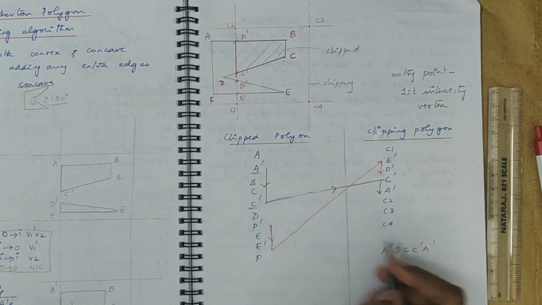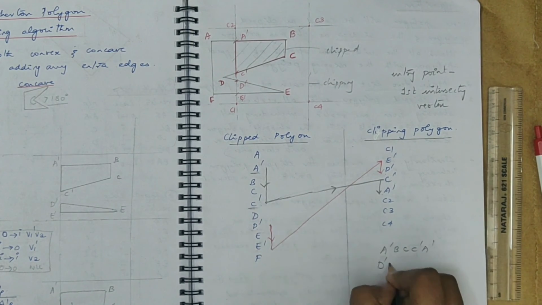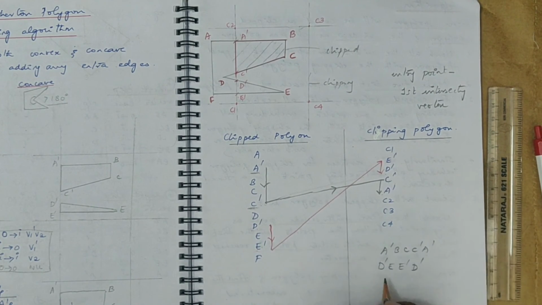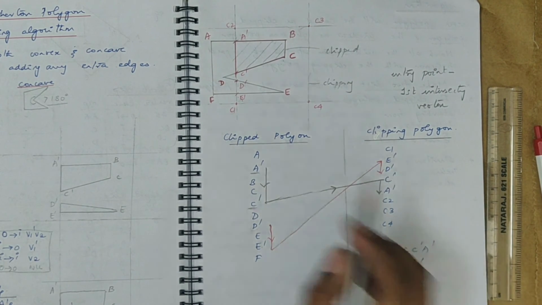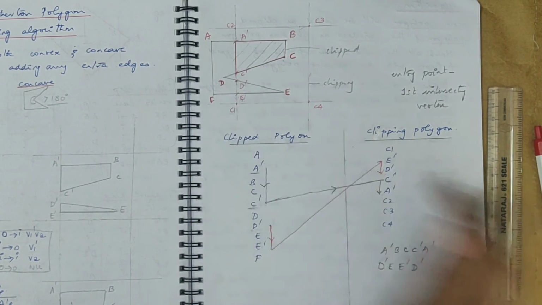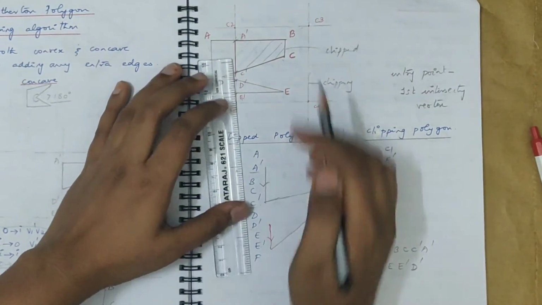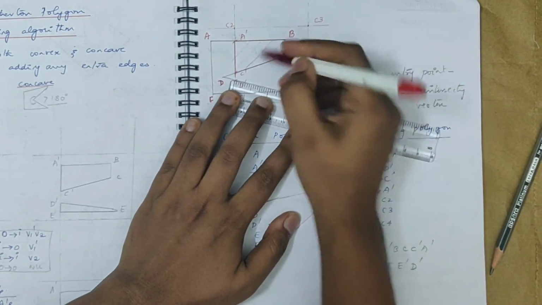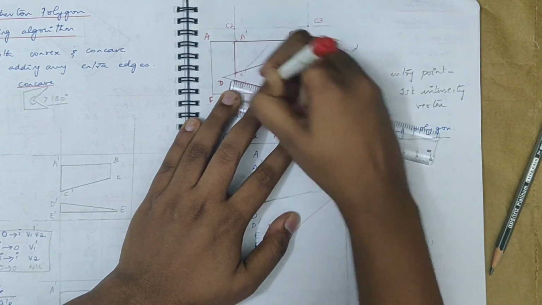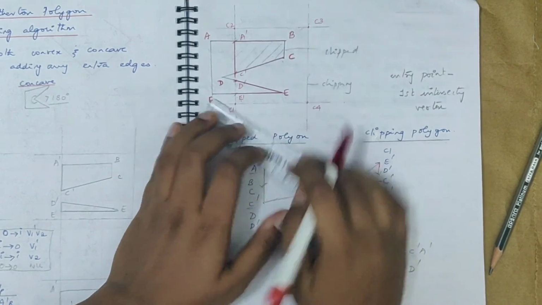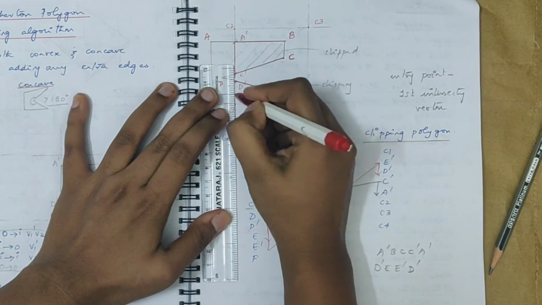The points that you traverse now will be added to the next part of the clipped polygon. So you have D dash, E dash, then D dash. So this becomes the next part of the clipped polygon. So here you can see D dash, E dash and then D dash. If I now mark it back, I'll get D dash, E dash, and then E dash, D dash.